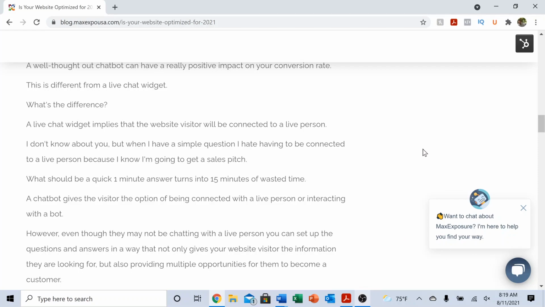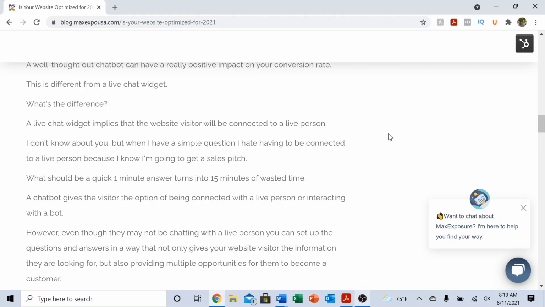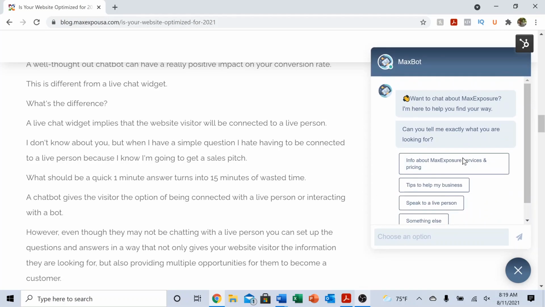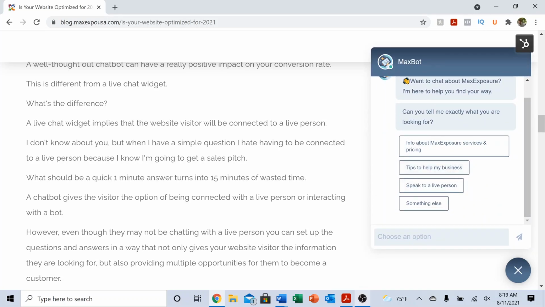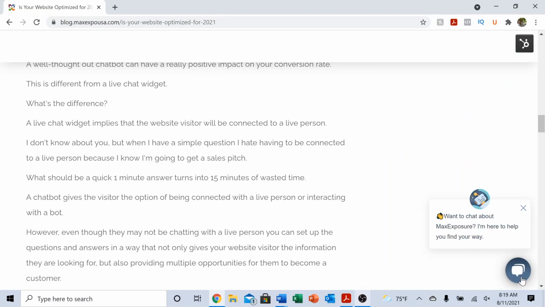The other cool thing about the chatbot, and you could probably do this with the live chat widget as well, is after a visitor has spent a certain amount of time on our website, this will automatically pop up and give them some of our frequently asked questions. So maybe again moving them along a specific process. So instead of just being minimized like this, and someone can go down and click it if they want to,